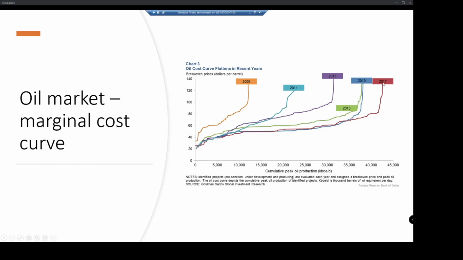Today, if the price shot up to $140 per barrel, or in 2017, it's 2019 just here, sorry. In 2019, if the price shot up to $140 a barrel, we would supply 40 million barrels. And so these marginal cost curves help you understand what's going to happen as the price moves down. Because if the price shoots down to $40 a barrel, and we're talking about 2019, in theory, on this graph here, we should only be supplying 7,500 barrels.